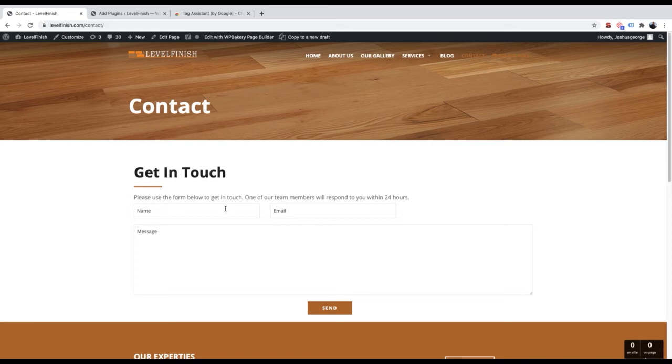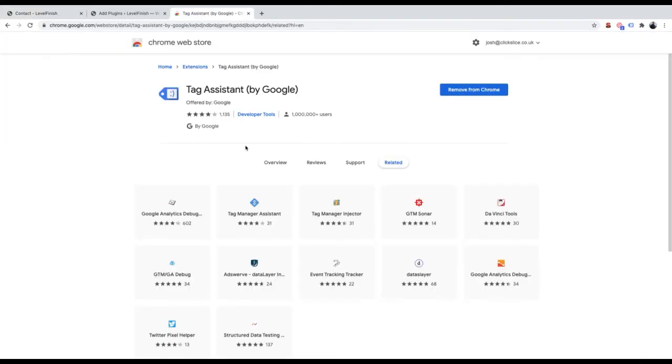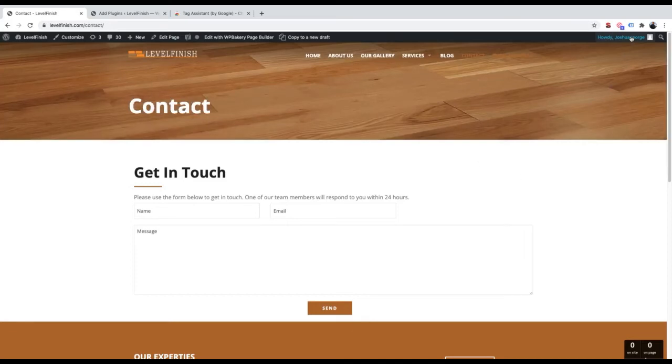However, before I add the code to this page, I just wanted to go over this Google Chrome extension. It's called Google Tag Assistant. So you'll definitely want to go and get this installed in your Google Chrome browser. And basically what it does, it shows you all the Google tags that you have on your website. So for example, I've already added the global site tag. So if I go to my contact page and then click the icon extension, which is this part right here,